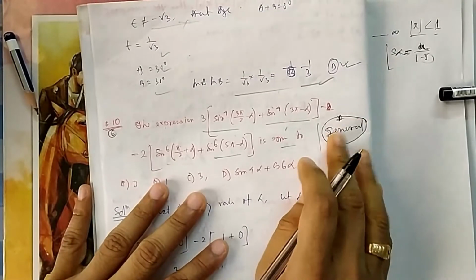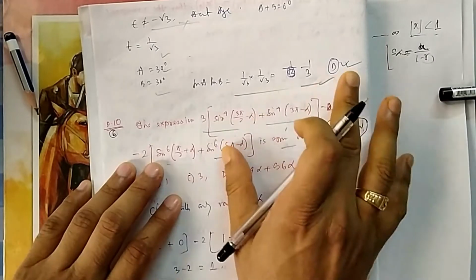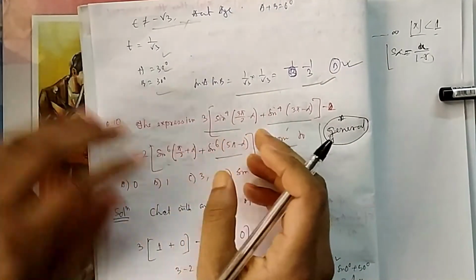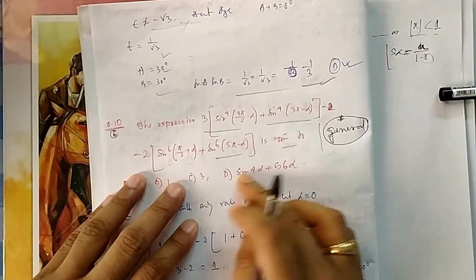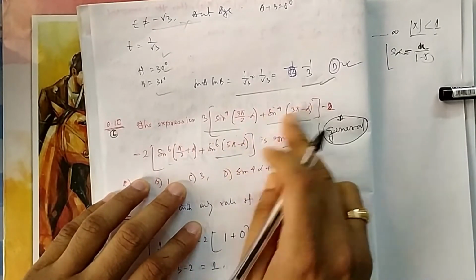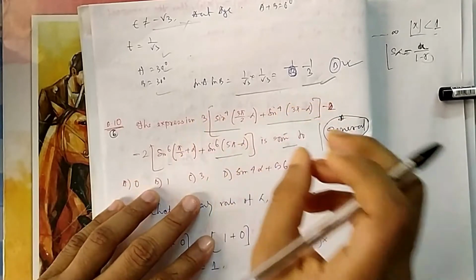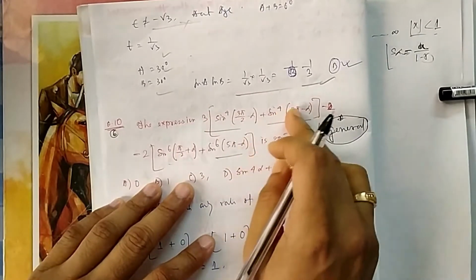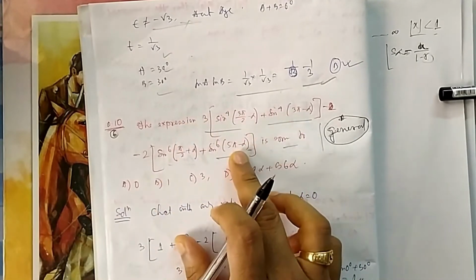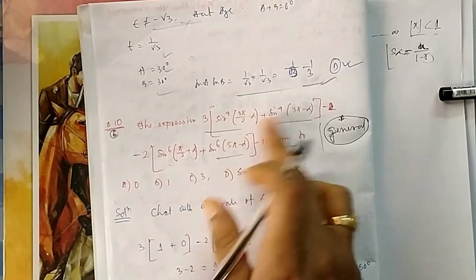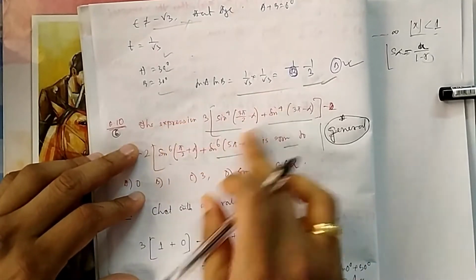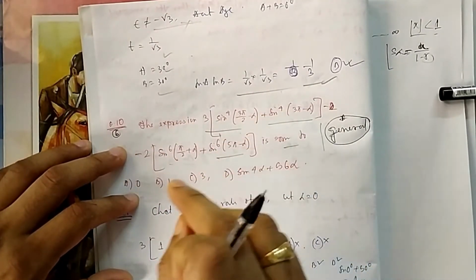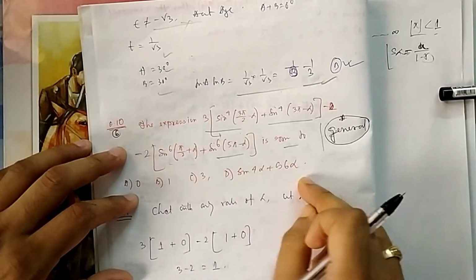General questions means it is applicable for any value of alpha. That means the question is in something like an identity format. The expression is equal to, because this expression will be simplified to a version, and that will be always true for any value of alpha. Otherwise they could have mentioned if alpha is equal to this, then what will be the answer of this? Because they have not mentioned, the entire expression can be written as either 0. That means for any value of alpha it can be equal to 0. It can be either of these.